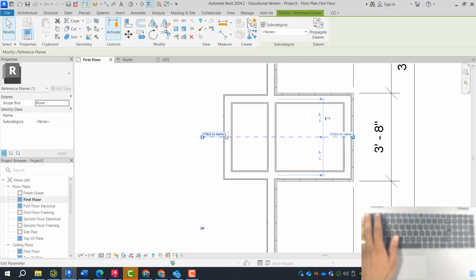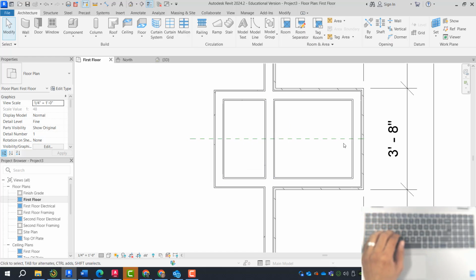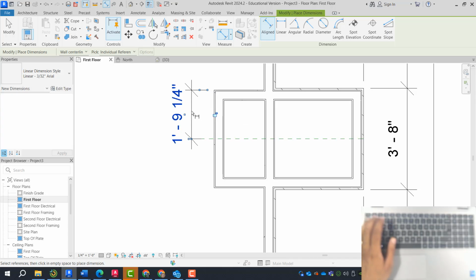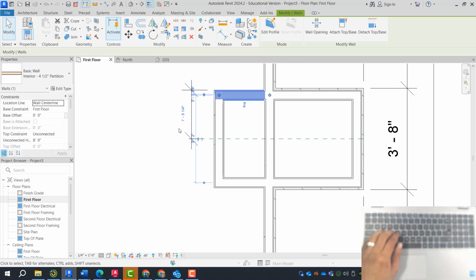This could be a curtain glass wall, something that you are using as a guide. This will appear on your drawing as a center line or symmetrical line. In this case, I want this to be equally spaced apart. What I can do is DI and dimension from here, tab, and it's 1 foot 9 3/4. I'm going to be shifting this wall over so it's 3 foot 2. So I'm going to go ahead and shift this and say